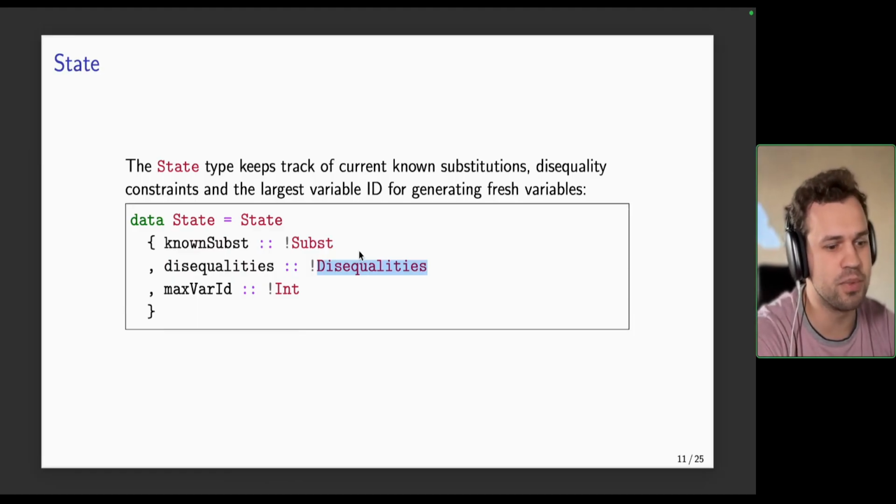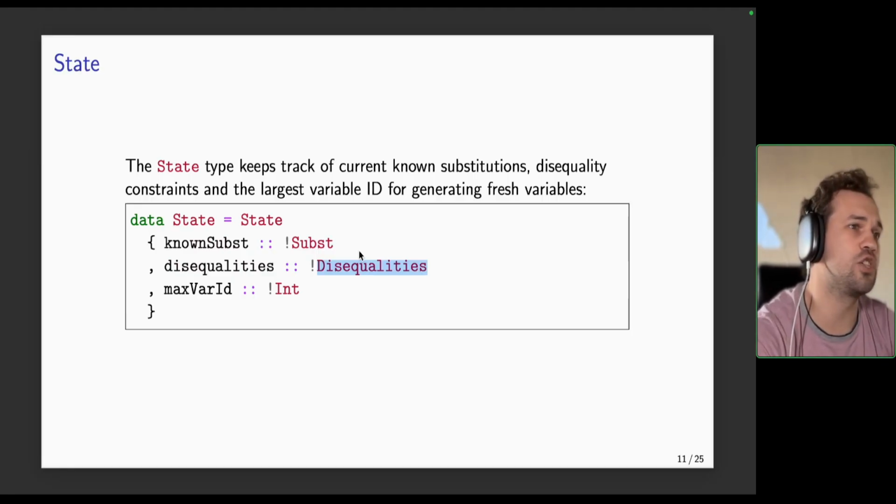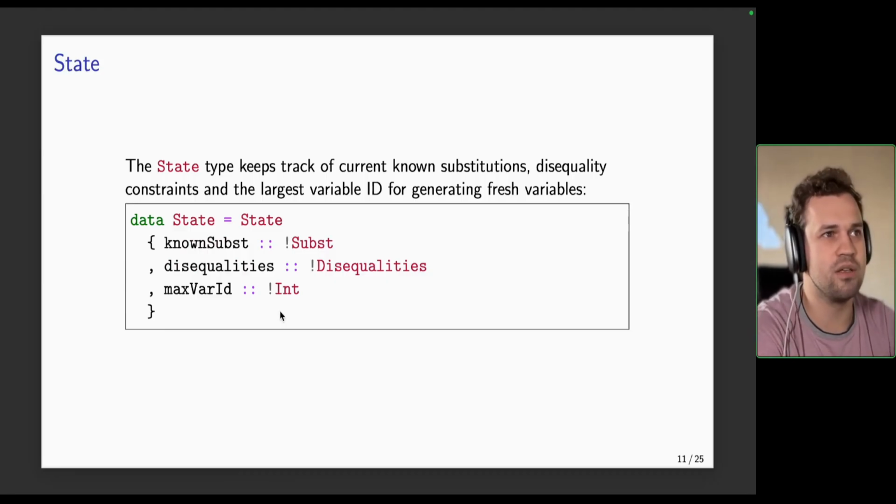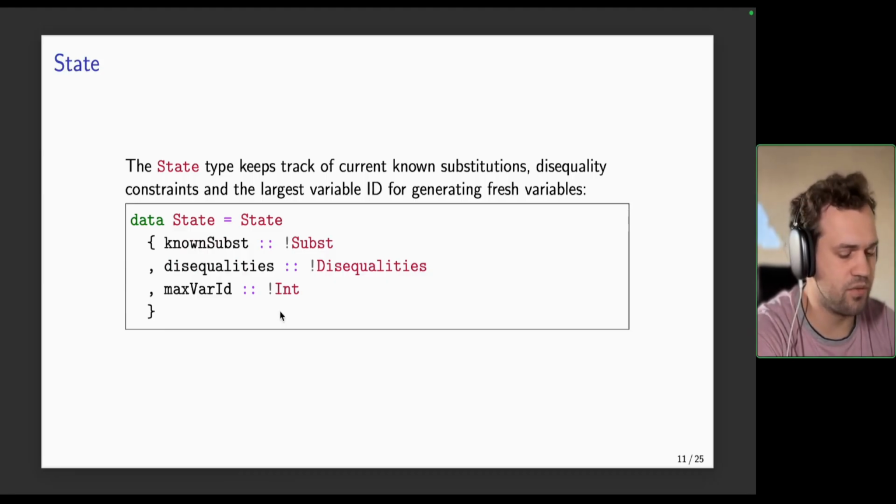And this is important because, unlike Prolog, with miniKanren we cannot do negation as failure, and instead negation is done through these disequality constraints. And there is a max var ID just to keep track of the last available